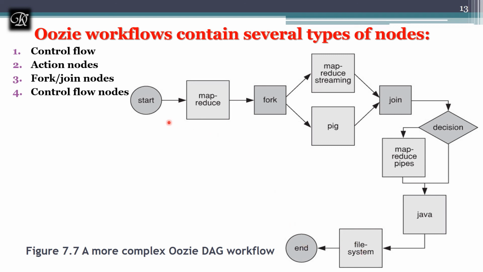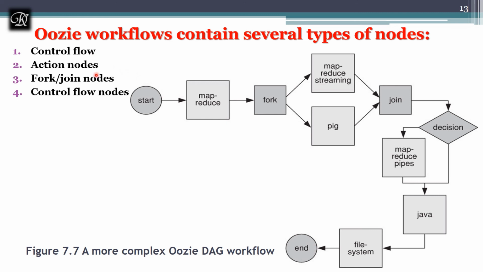This DAG is used to explain how parallel programming can be achieved by making use of Oozie, and how multiple types of Hadoop jobs can be run. Here they have taken only 2 jobs. You can add multiple over here, and how those will be joined, how the decision will be taken, and how the output of one particular task will be given as an input to another job and another job, and finally stored in the system.